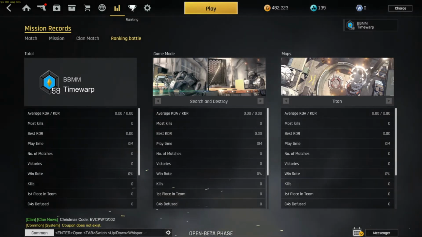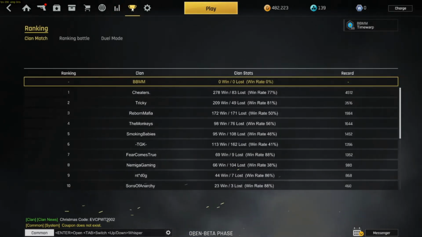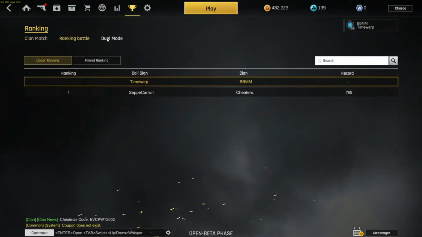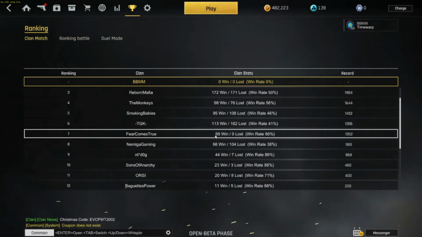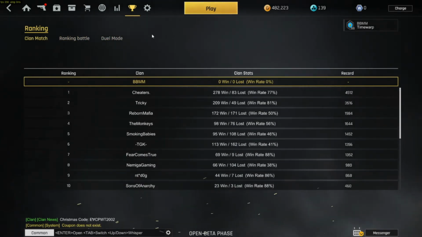So the next icon at the top is ranking. So ranking, whenever you do some ranked battles, which I have not done, you can go through and you can see how you're doing and compare yourself to others. And then the very last icon